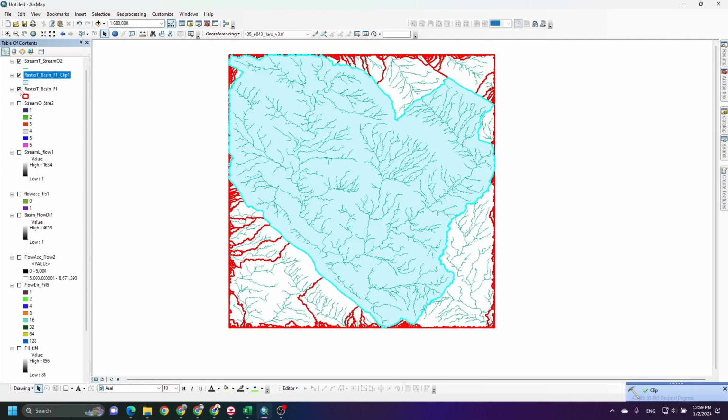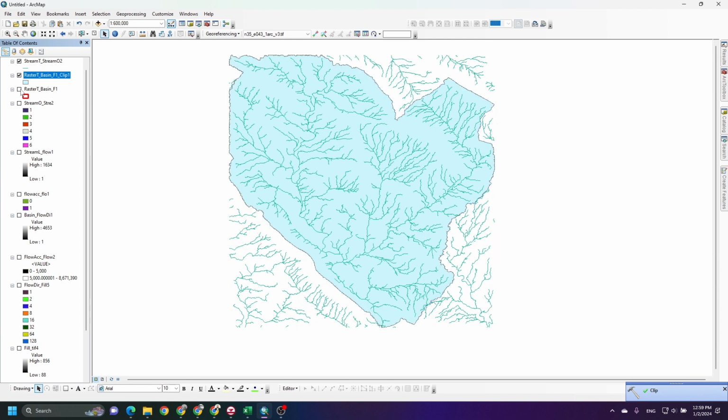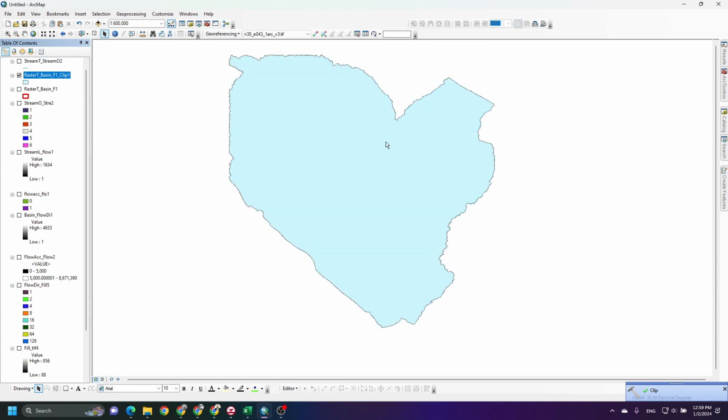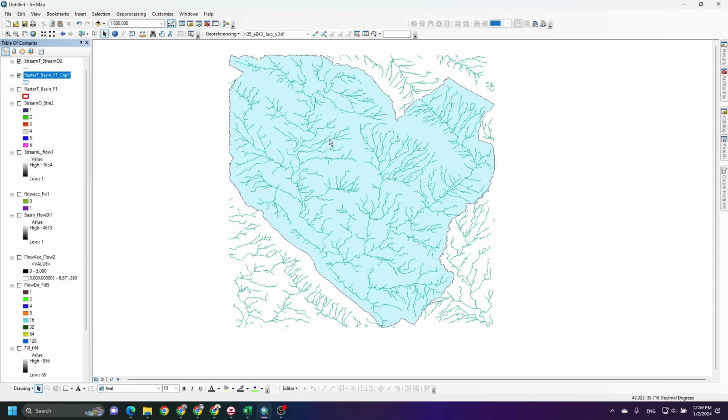Yeah, now we can deselect this one, and you see we extracted this watershed, and now we can use it for extracting or clipping the stream.